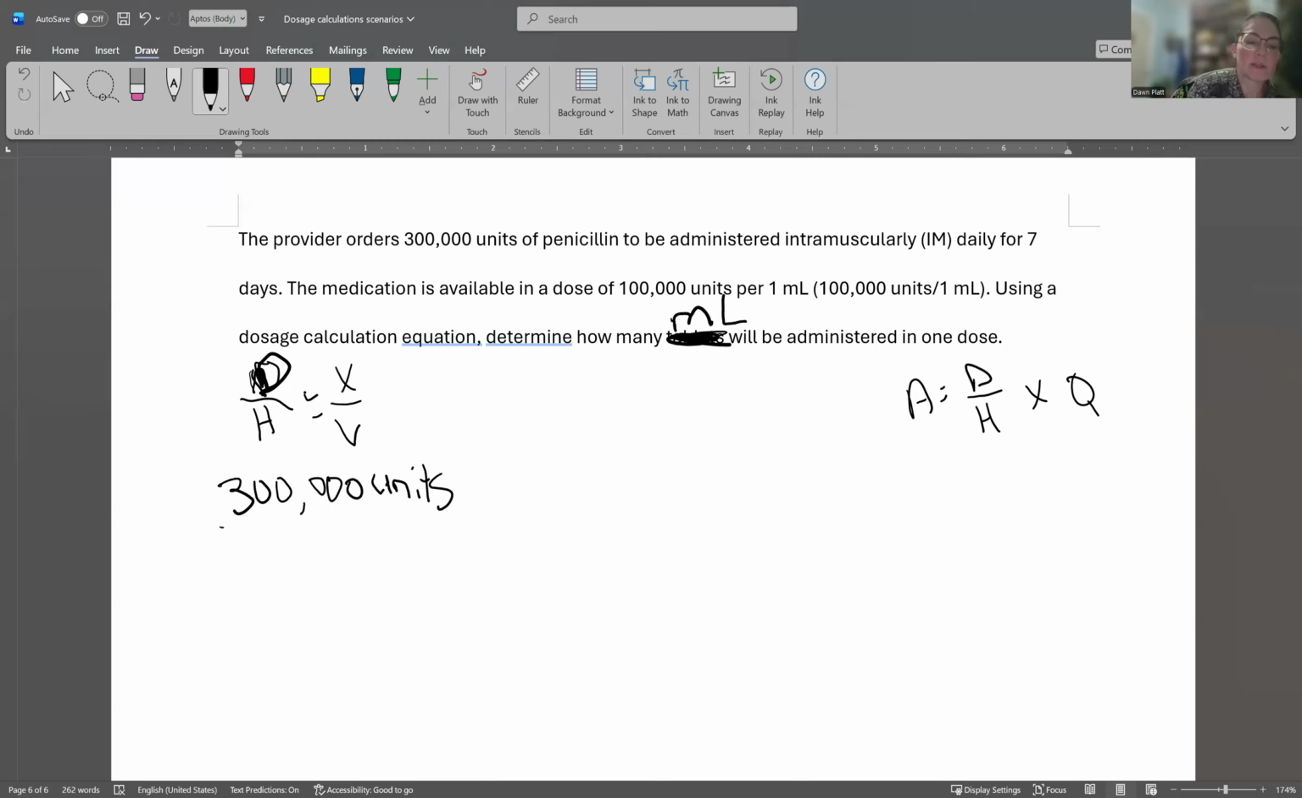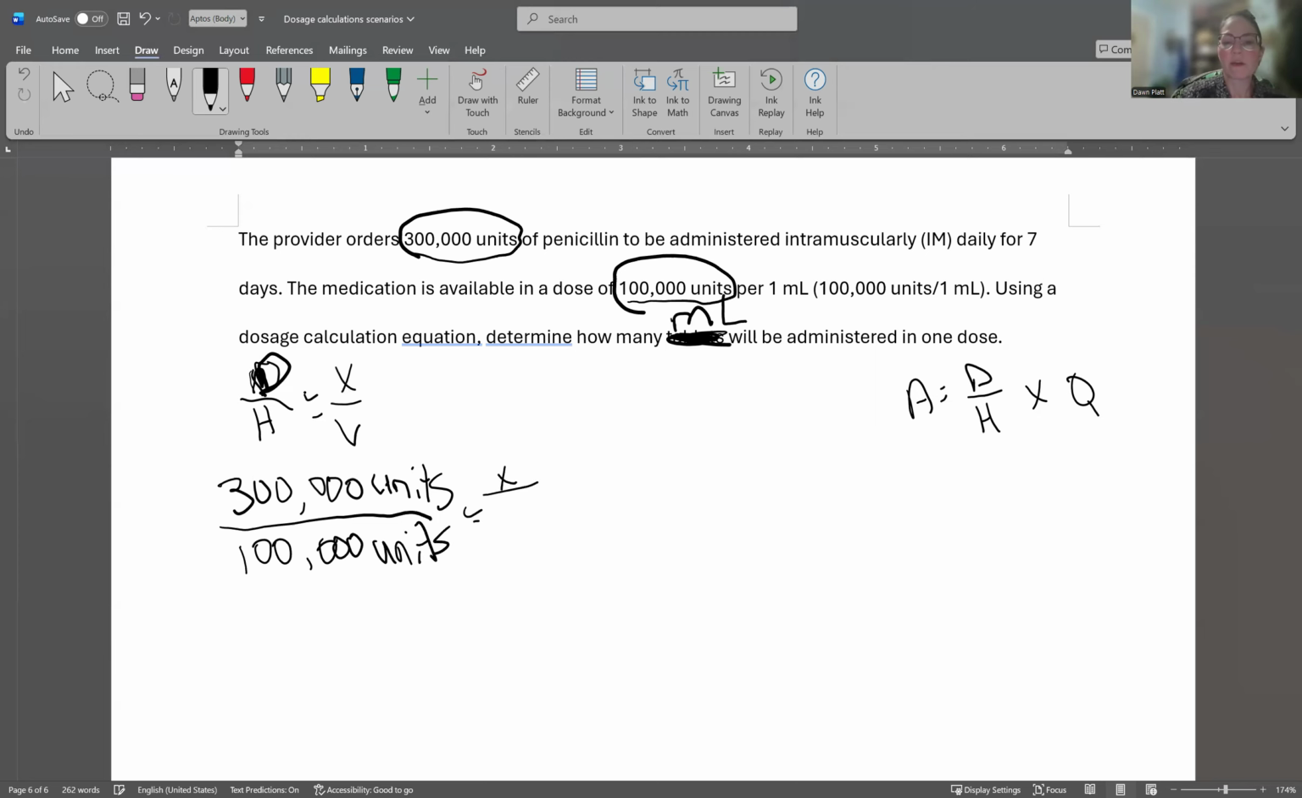All right, so circle the doctor's order, and now we're going with what's on hand, which is 100,000 units equals X over the vehicle, which is 1 milliliter. We're going to get rid of the units, and cross multiply. So we have 300,000 milliliters equals